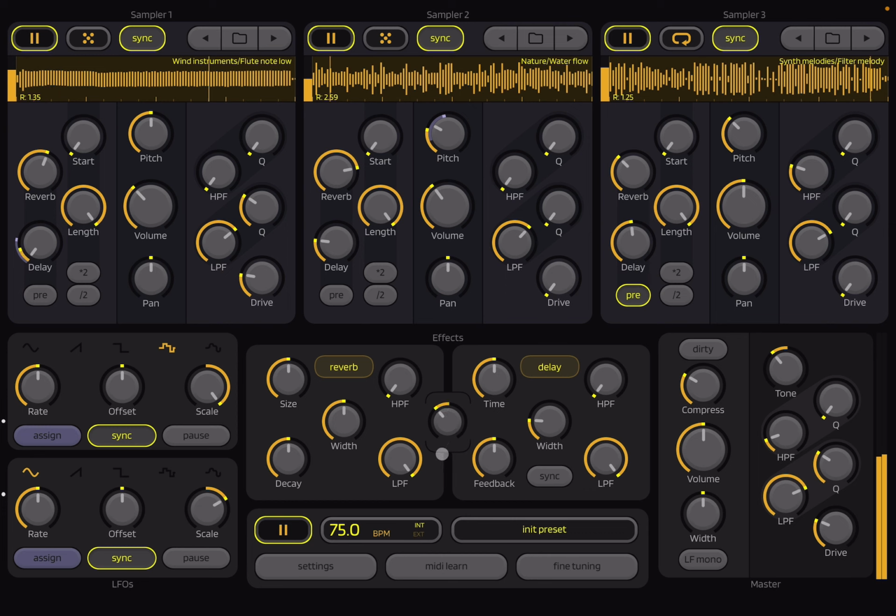Maybe put more reverb into that. So you do have 3 effects technically to choose from, only 2 can be used at a time. So you have ring and delay. So you could